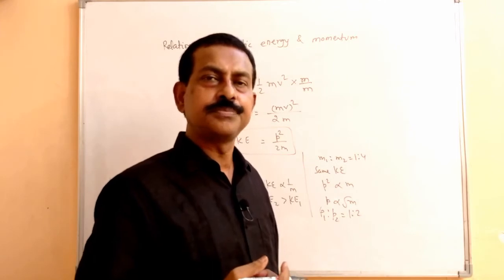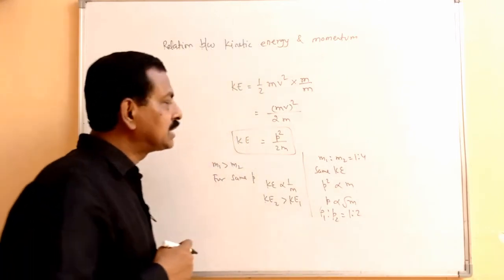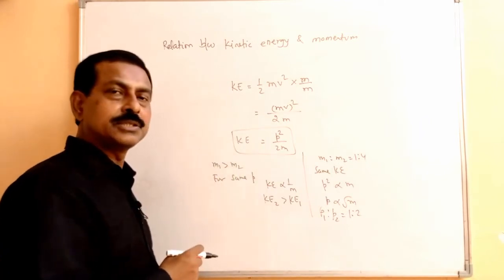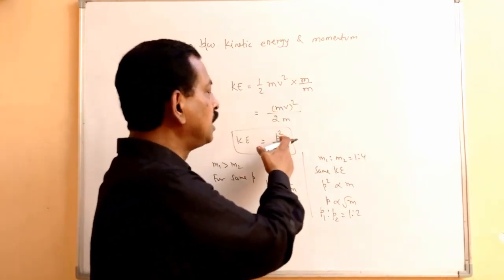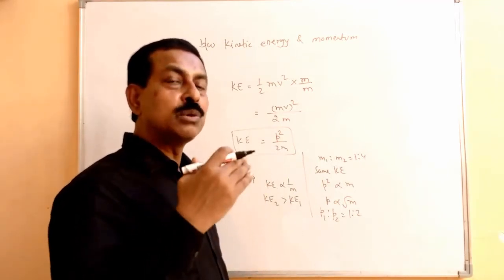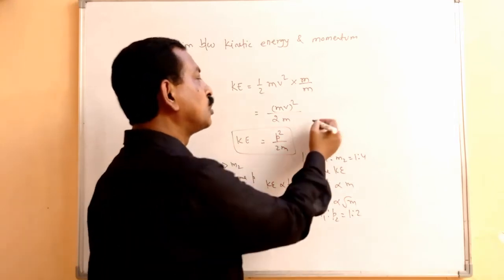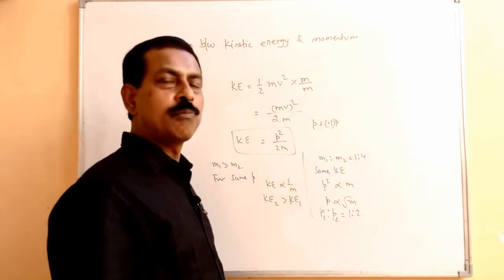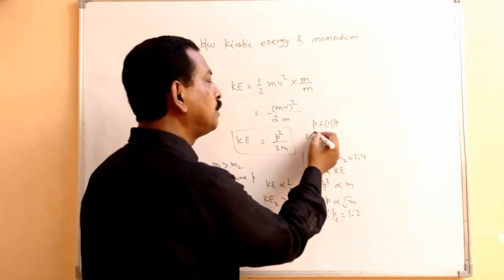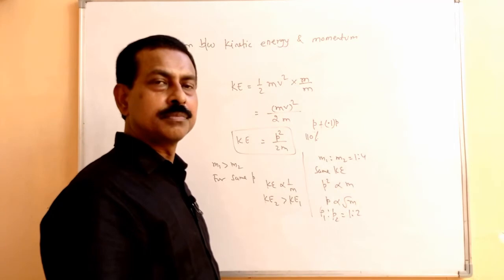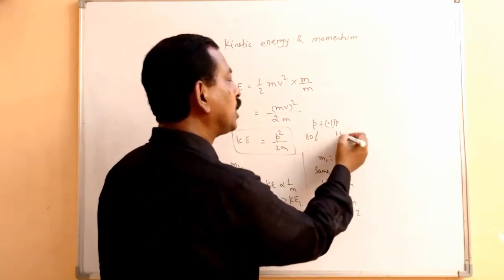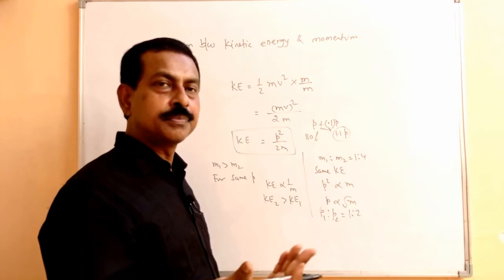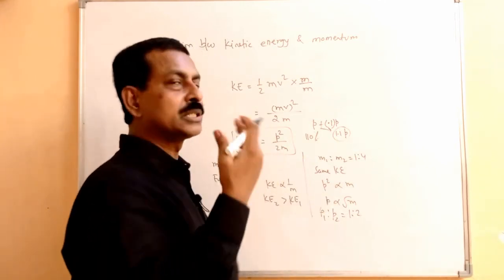Few more numericals are there where it says that if the momentum of a body increases by 10%, what is the percentage change in kinetic energy? So you take this, suppose the initial momentum is p, the new momentum will be how much? It will be 10% more. So in that case, it will be p plus 10% of this, that means 0.1 p. So basically it will become 110%, so you will get 1.1 p there. So p square will be 1.1 whole square. If you want to find the percentage change in the kinetic energy,